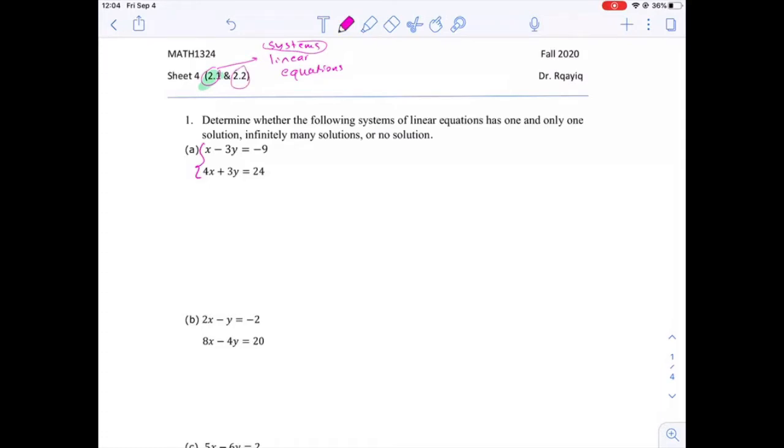So if we have a linear function, that linear function can be graphed as a line. So it can be presented in the Cartesian coordinates as a line. Let's call it L1. And for the second equation, we may have L2. Since we are solving simultaneously, we want to see how the graphs look like. We have one of three cases. Either L1 and L2 meet in one point, and that means we have one solution,